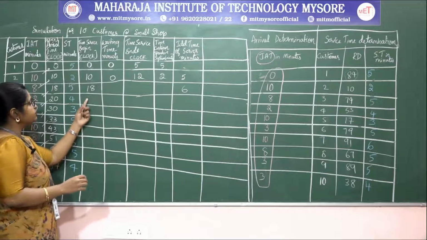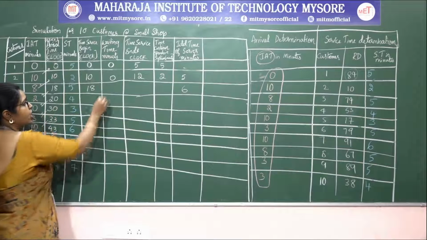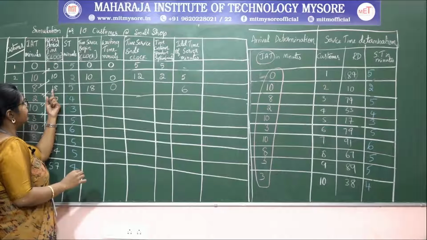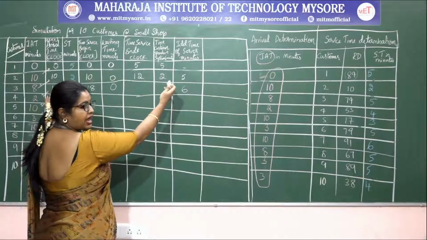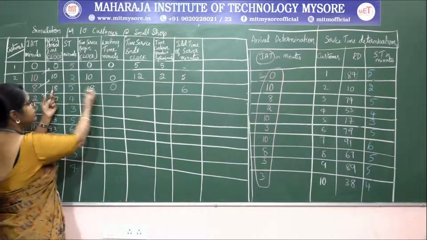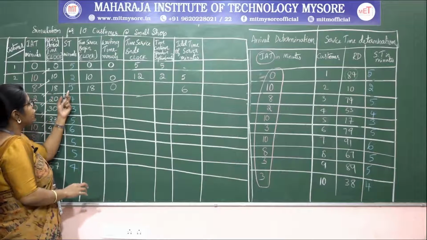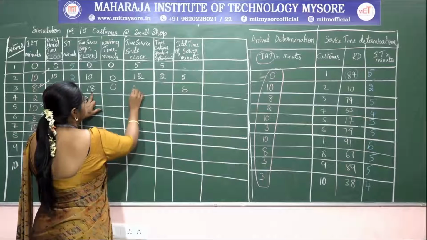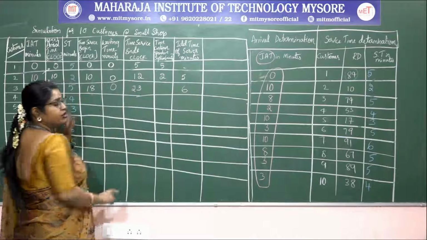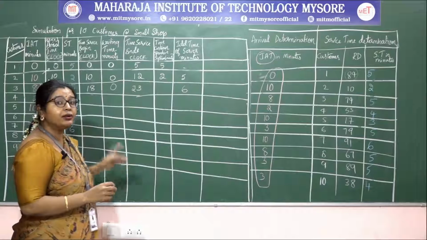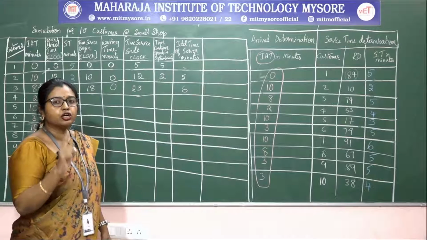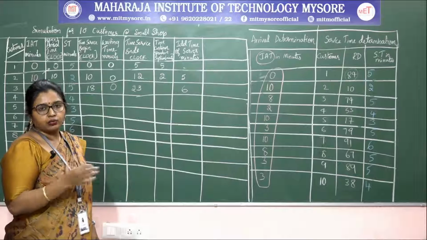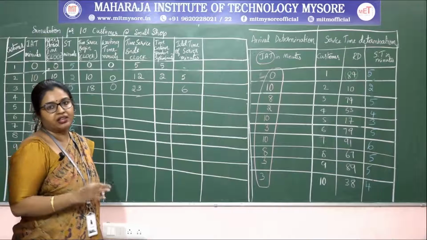If he is starting the service at the 18th minute, is he waiting in the queue? No, he is not waiting in the queue. He came directly at the 18th minute, when the server had been idle for 6 minutes, so he is taking the service directly. For how much time? 5 minutes. So 18 plus 5 is 23. The service will be completed by the 23rd minute since the simulation clock runs continuously. The running time of the simulation is cumulative, that's why.